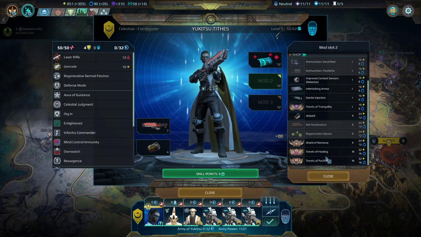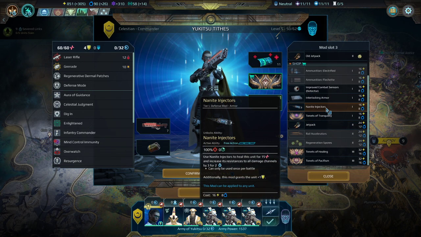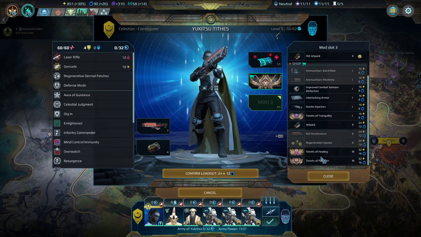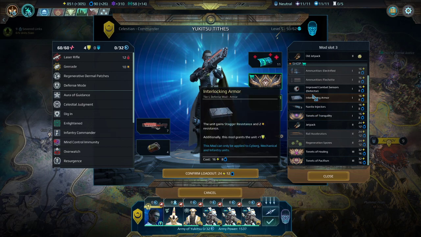Throw on, like, Mark of the Dark Sun or something like that, or the Shield of Remorse probably would be good here. Could throw on a jetpack, but I don't really feel like I want to. Could go with Tenets of Healing, make this a bit more of a supporty type general, but I don't really think I need to. What I'm going to do in this case is go just with the...